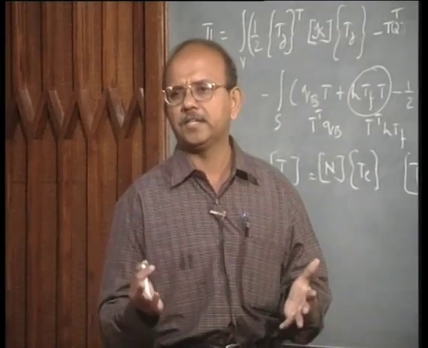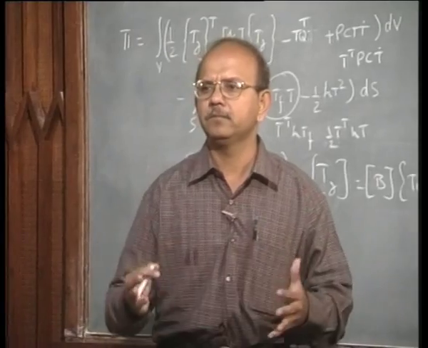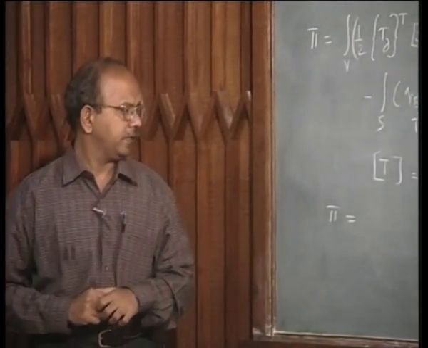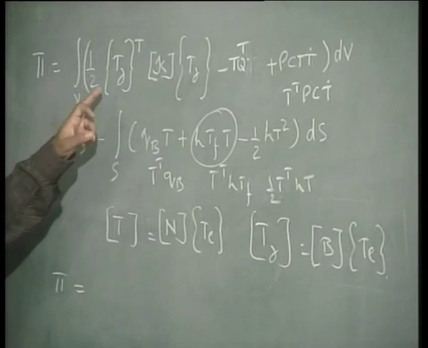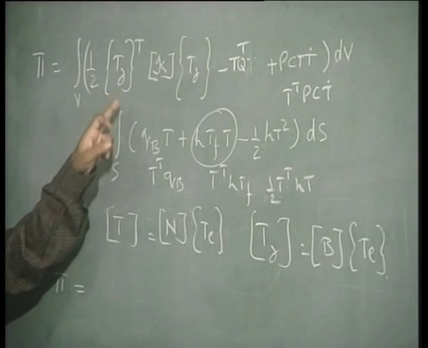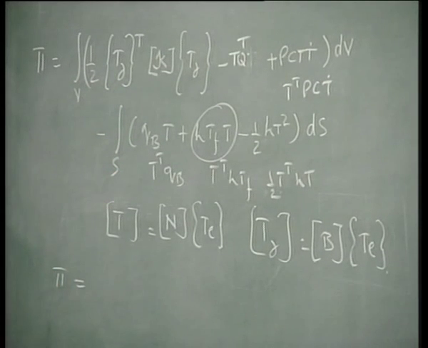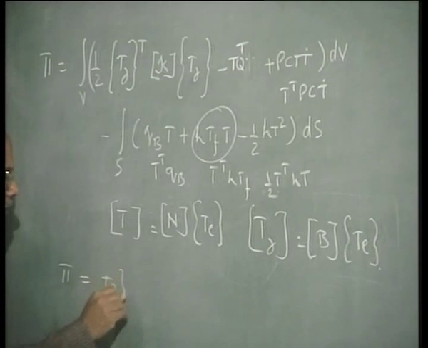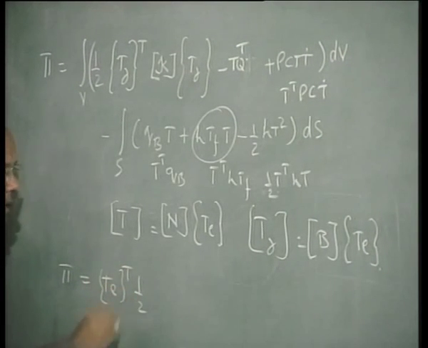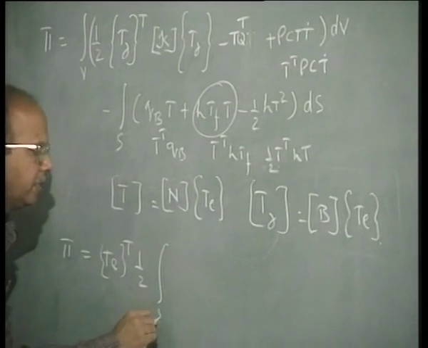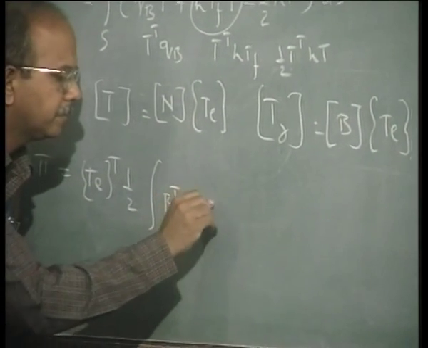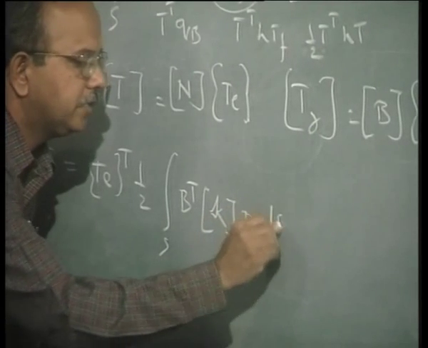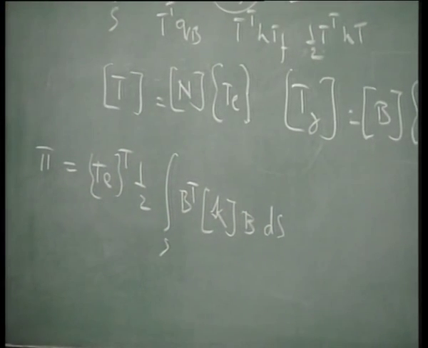It is very simple. If you want to extend it, there is not a big problem, you can just extend that. Right. Now, how do you write it? What are the things that are there? So what happens to this? This becomes T transpose B T. So what I will do is I will say T transpose half, into integral, say B transpose kappa B, say dS, or you can retain dV itself,